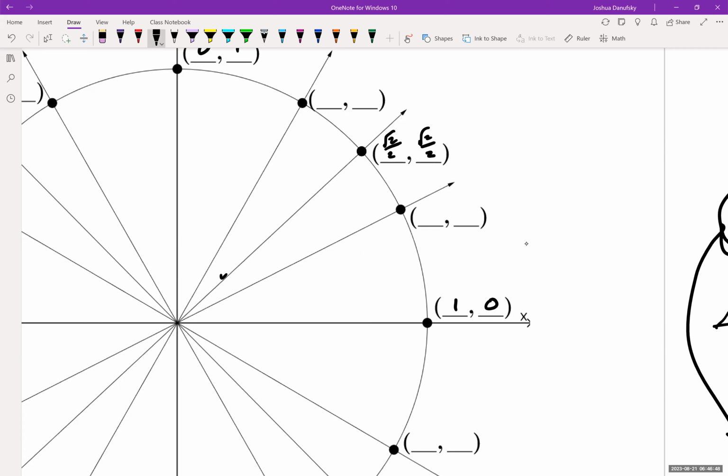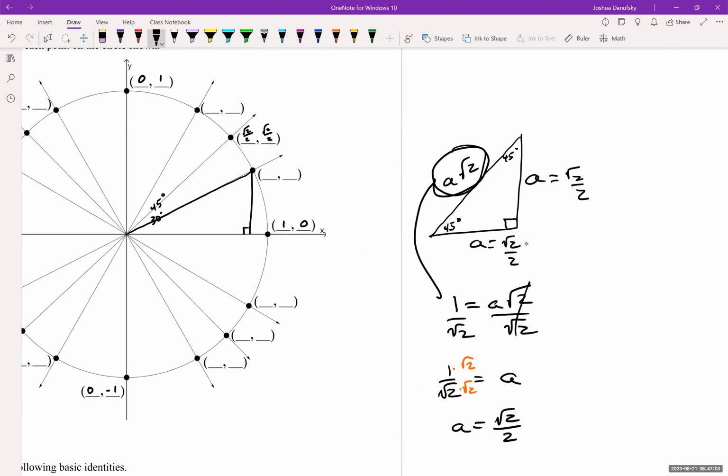This angle right here, we have at 45 degrees. This triangle is a 30, 60, 90 triangle. So we have 30 degrees right there. And if we remember something about the 30, 60, 90 triangle,